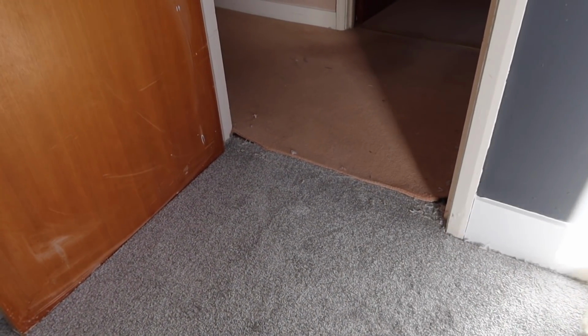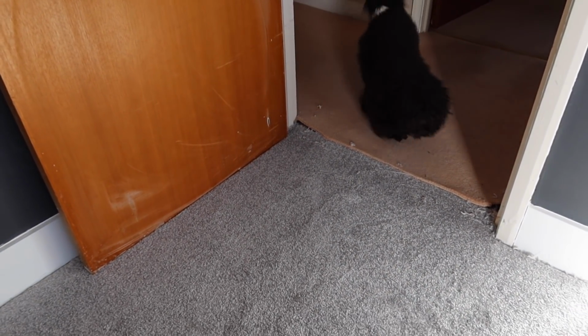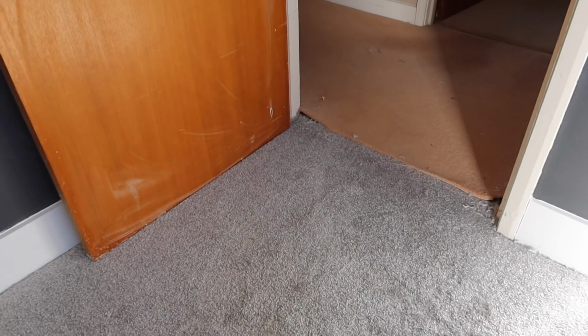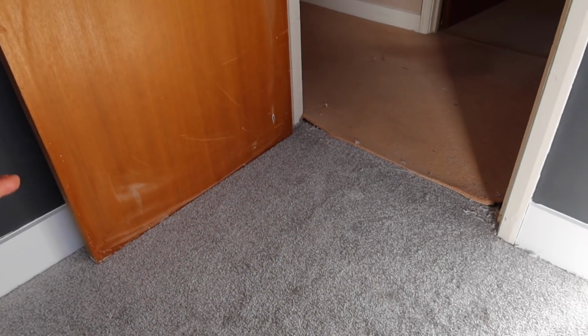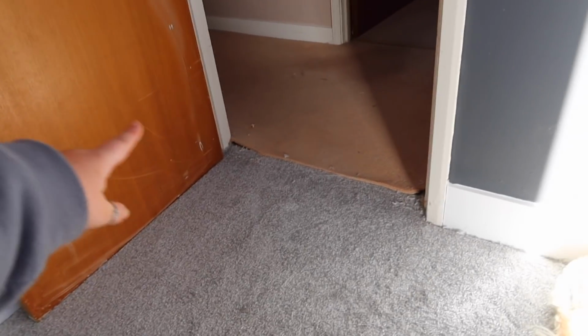One thing that I actually haven't done is the bit in the doorway. So this door does actually need a little bit of a shave down. It was catching on the old carpet anyway, but we obviously don't want to create those marks in this carpet, so I need to shave it down just ever so slightly, and I haven't got a threshold bar yet, so hence why that looks very unfinished. I was just going to leave it like that until